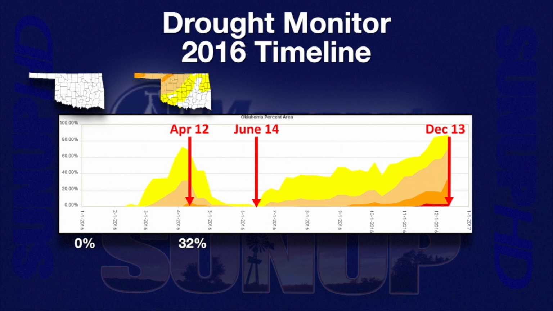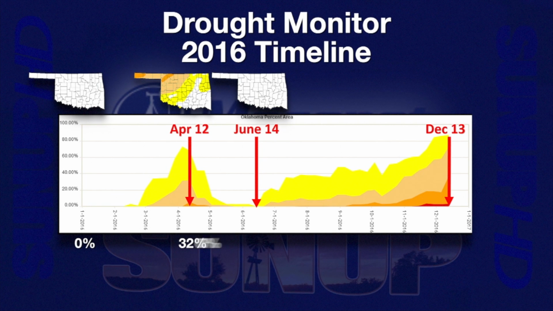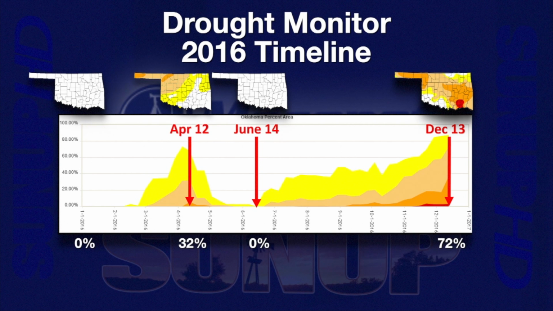state in drought by April 12th, and then a nice wet spring in much of the area. By June 14th, we were once again without drought, and then the long, steady rise as Mother Nature shut the spigot off, and we went without moisture or good moisture across portions of the state. By the end of the year, at least by December 13th, we were up to 72% of the